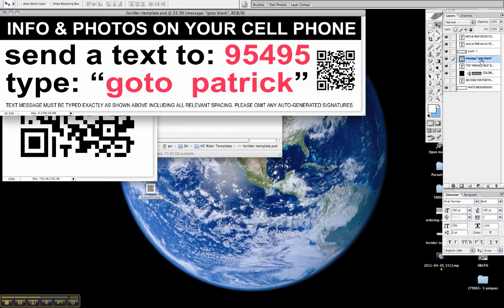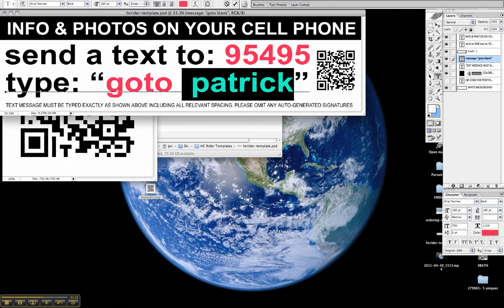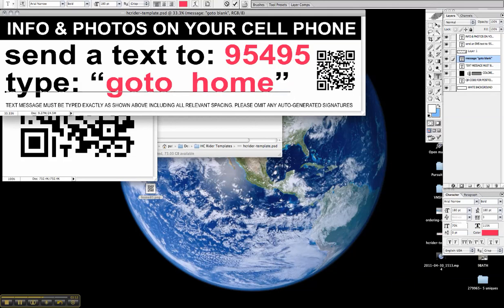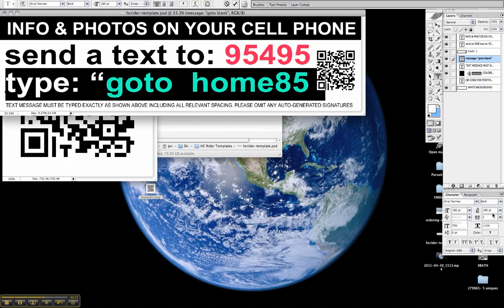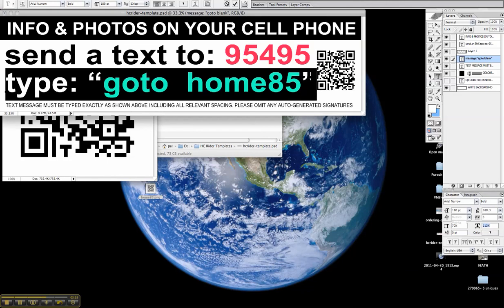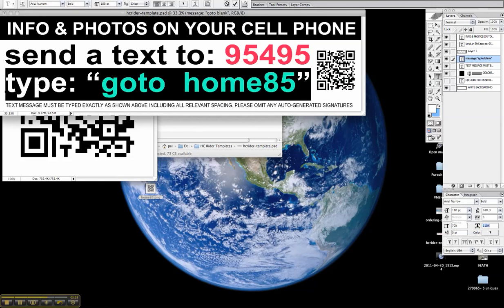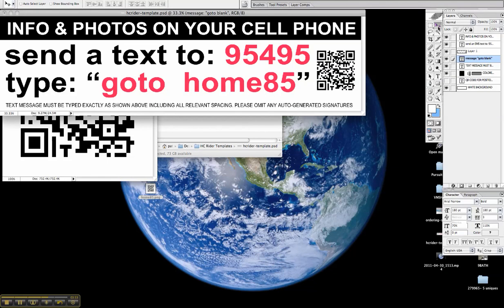Well, what I'm going to do is select the layer that I want to edit the text, which is go to Patrick. I'm going to highlight the word Patrick, which is my agent text ID, and change that to Home 85. Now that gets a little bit wide. So what I usually do is come down to the horizontal scale of the font and shrink that down to about 110% or so, and that should bring that right into the whole scope of the SignWriter. Now you've got it, and it's complete. Send a text to 95495, type go to Home 85, and then you've got your custom QR code over here